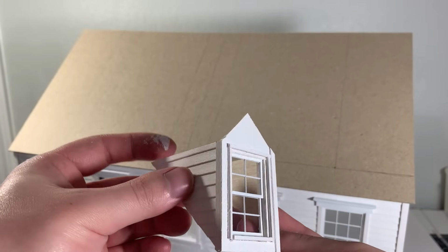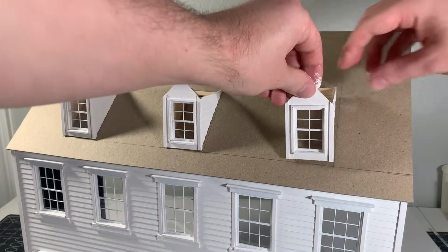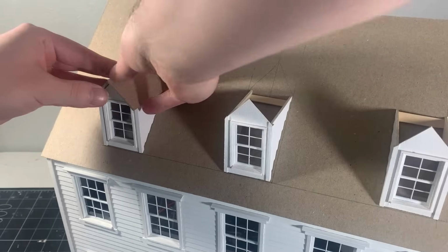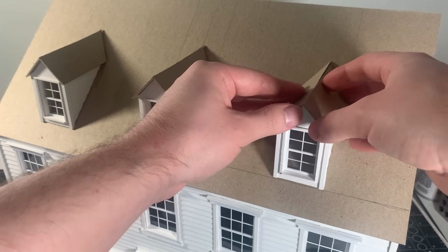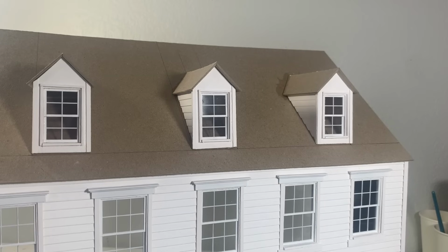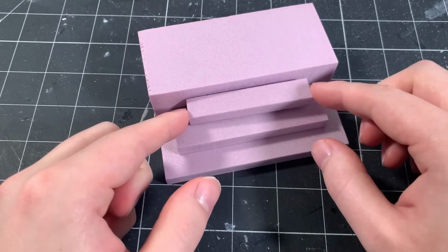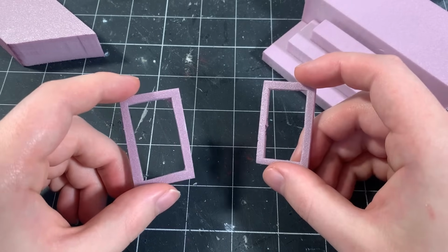After the paint dries, I glue each dormer in place on the chipboard roof. Then, more chipboard pieces are cut and added to the top of each dormer. This is how they look installed. Now it's time to make some brick details using pink foam. I cut out all of these pieces on my hot wire cutter and I use them to make a staircase